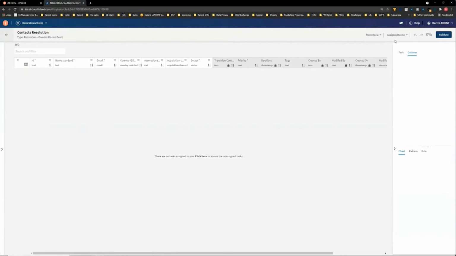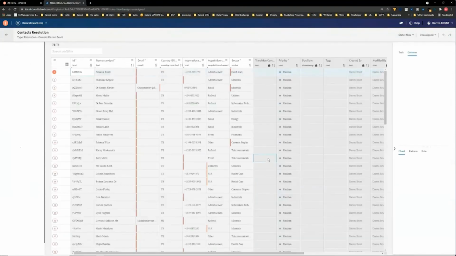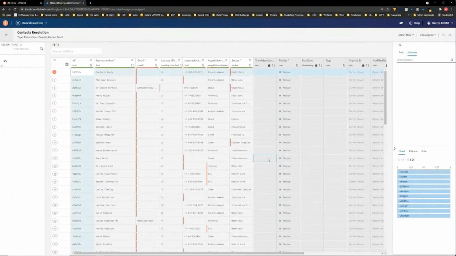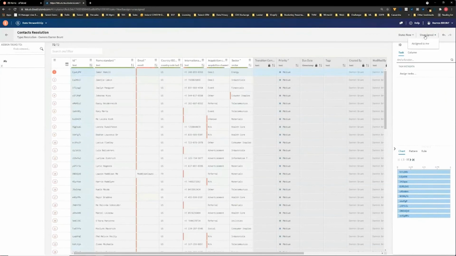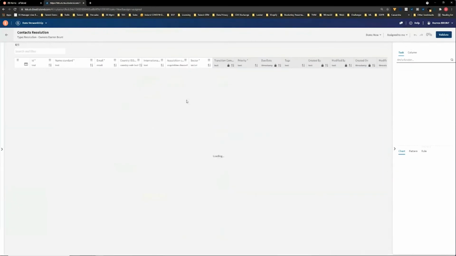There's nothing yet on my queue, so let's have a look at the unassigned queue. Again, a workflow mechanism that enables me to pick up work from unassigned queues, or to distribute workloads across nominated individuals. In this particular case, all the work is unassigned. What I might do is pick up the first 6 or 7 of these tasks and allocate them to me, so I can now start working on what these tasks represent. So let's go back to my assigned queue.